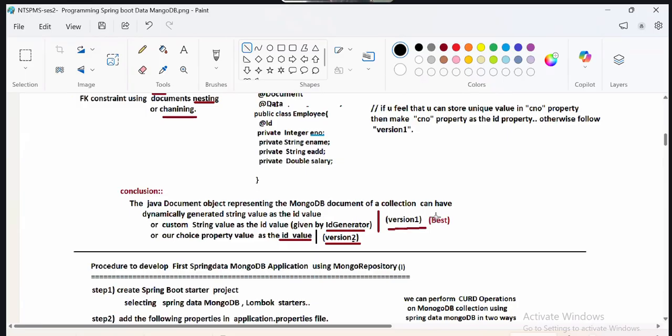value. That is version 1, the best. Or a custom string value as ID value given by an ID generator. Or our choice property value as ID value. That is version 3. So ultimately, what is recommended,